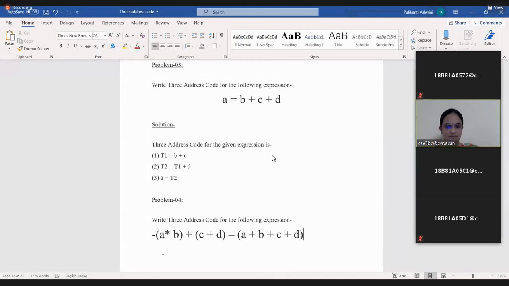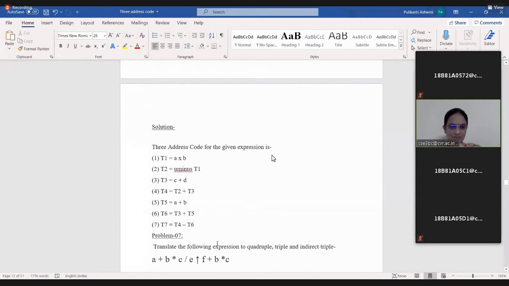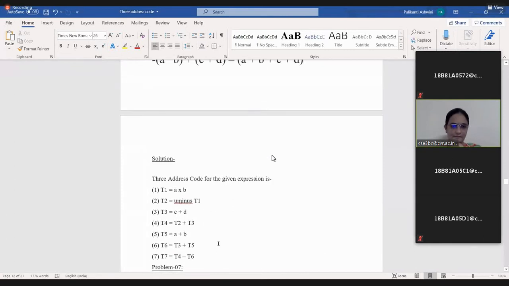T6 is A plus B plus C plus D. That is binary, not unary. Next, T7 equal to T4 minus T6. Is that all you got? Yes, ma'am.